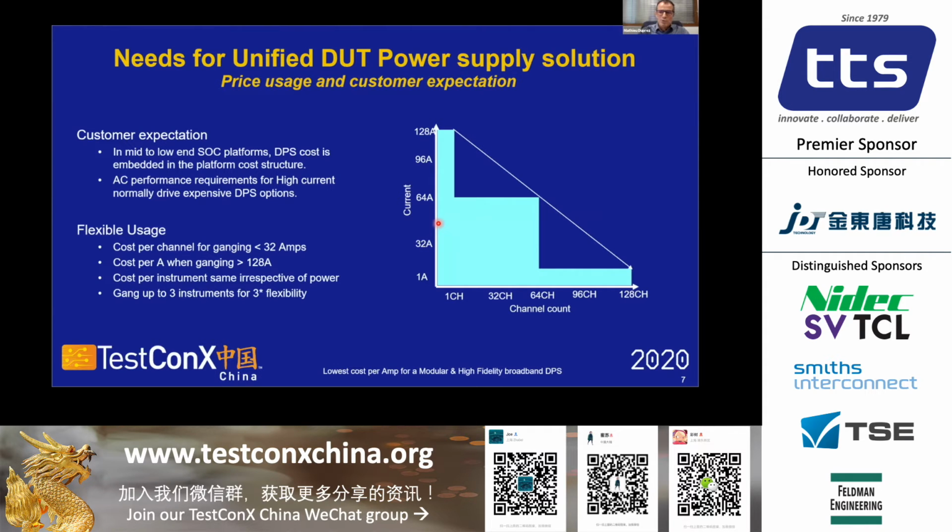So as AT provider, reducing the cost of the DPS is very important. This is important for our customer. This is important for us to improve our margin and reduce our R&D cost. As a matter of fact, to the exception of the very high current channel, the DPS cost is often considered by the customer as being part of the system structure. When finding solution for high current channels, the specification and especially the dynamic performance of the instrument is truly part